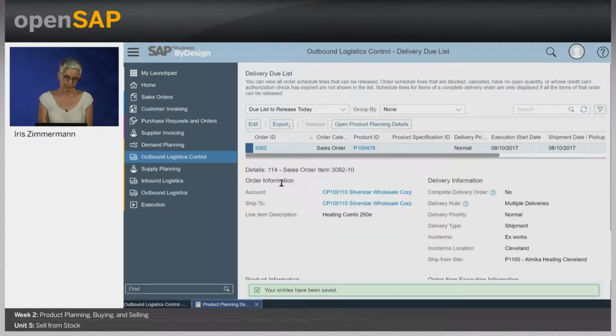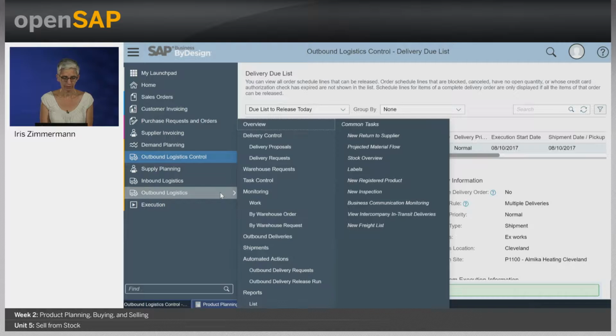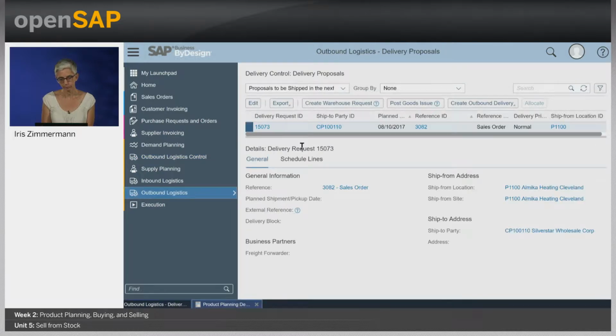So the next step is that the warehouse manager gets informed, and the warehouse manager works on the delivery proposals list. So here we see we have the sales order available as a reference, and from here we could